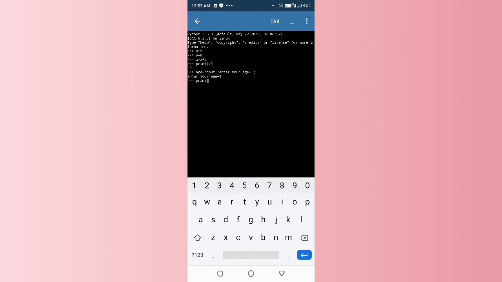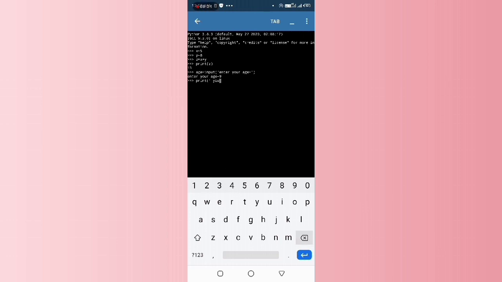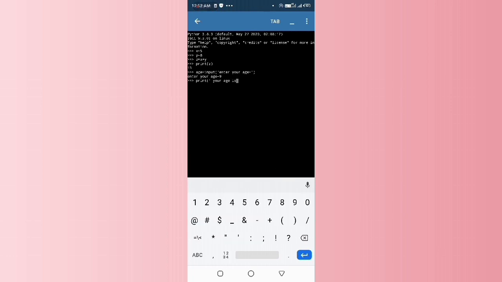Then I want to print something like this. Print. Here what I want to do is concatenation of two strings, that is age and some predefined string. I want to display it as: your age is. This is a string, friends.